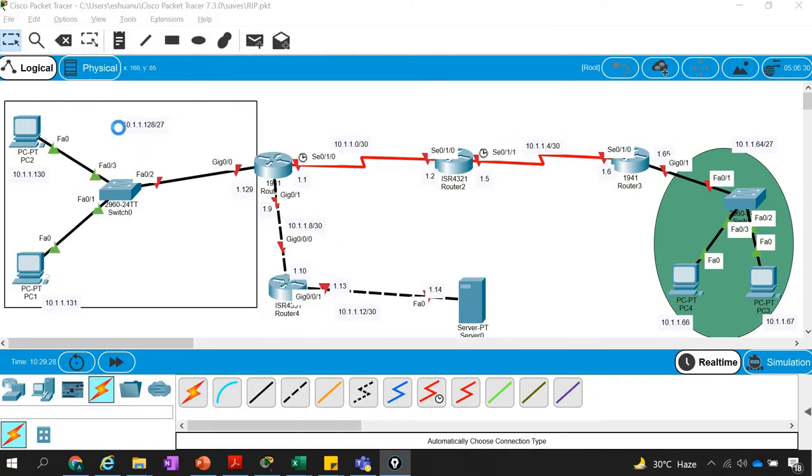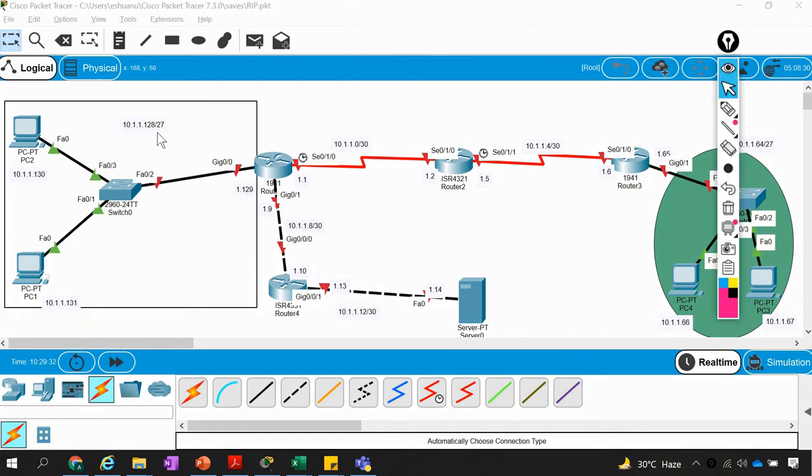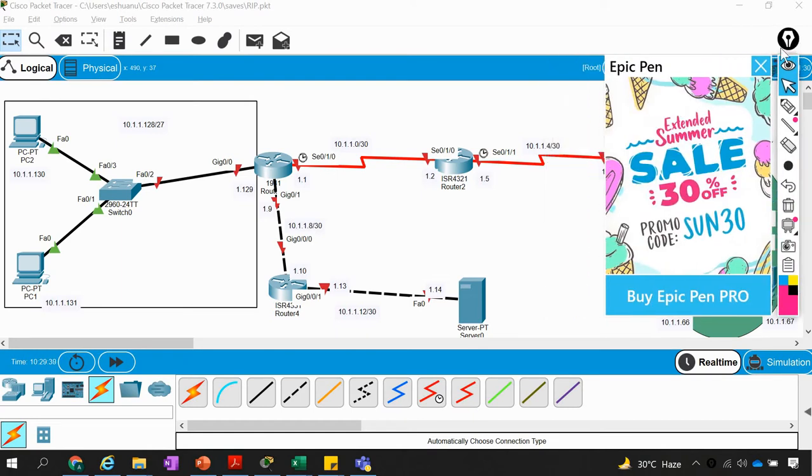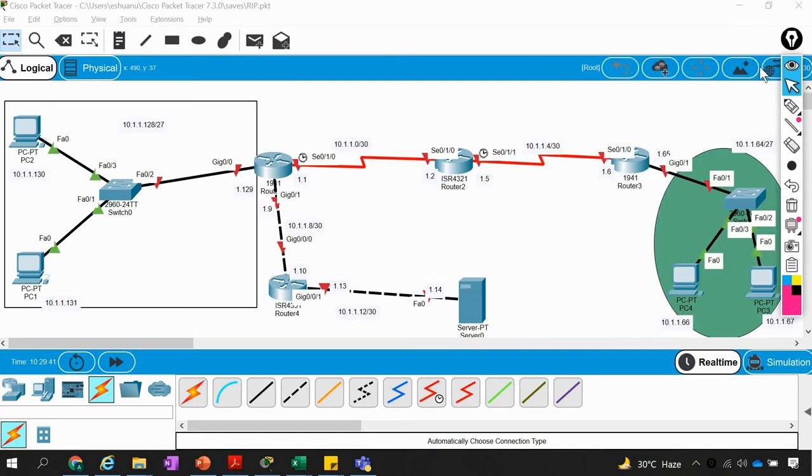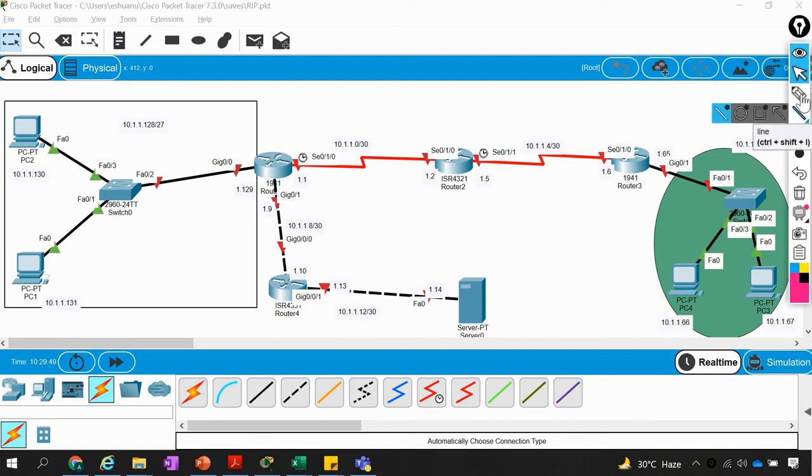Like here, I have assigned this 10.1.1.128/27. So first, I just want to tell you that I have taken the subnet of 10.1.1.0/27.